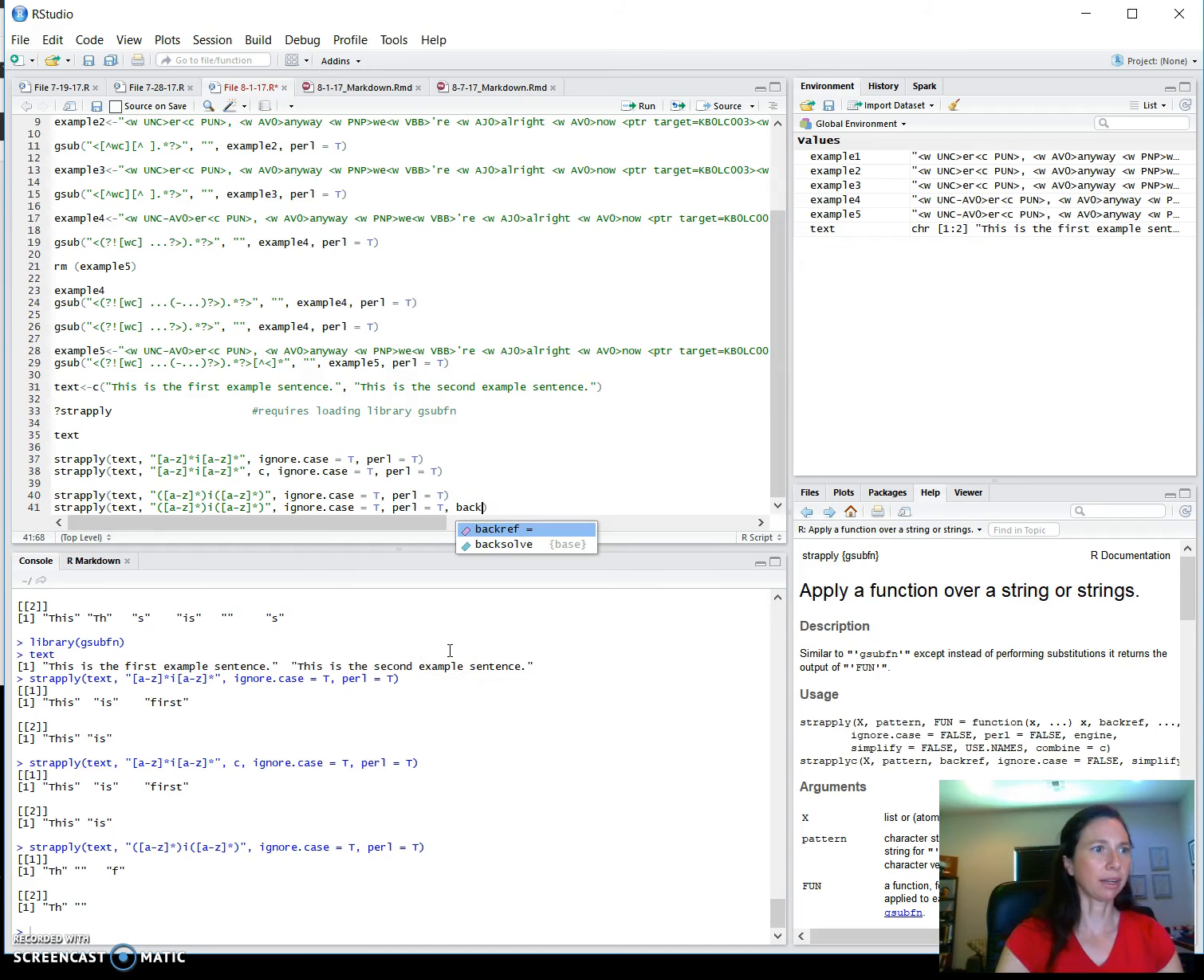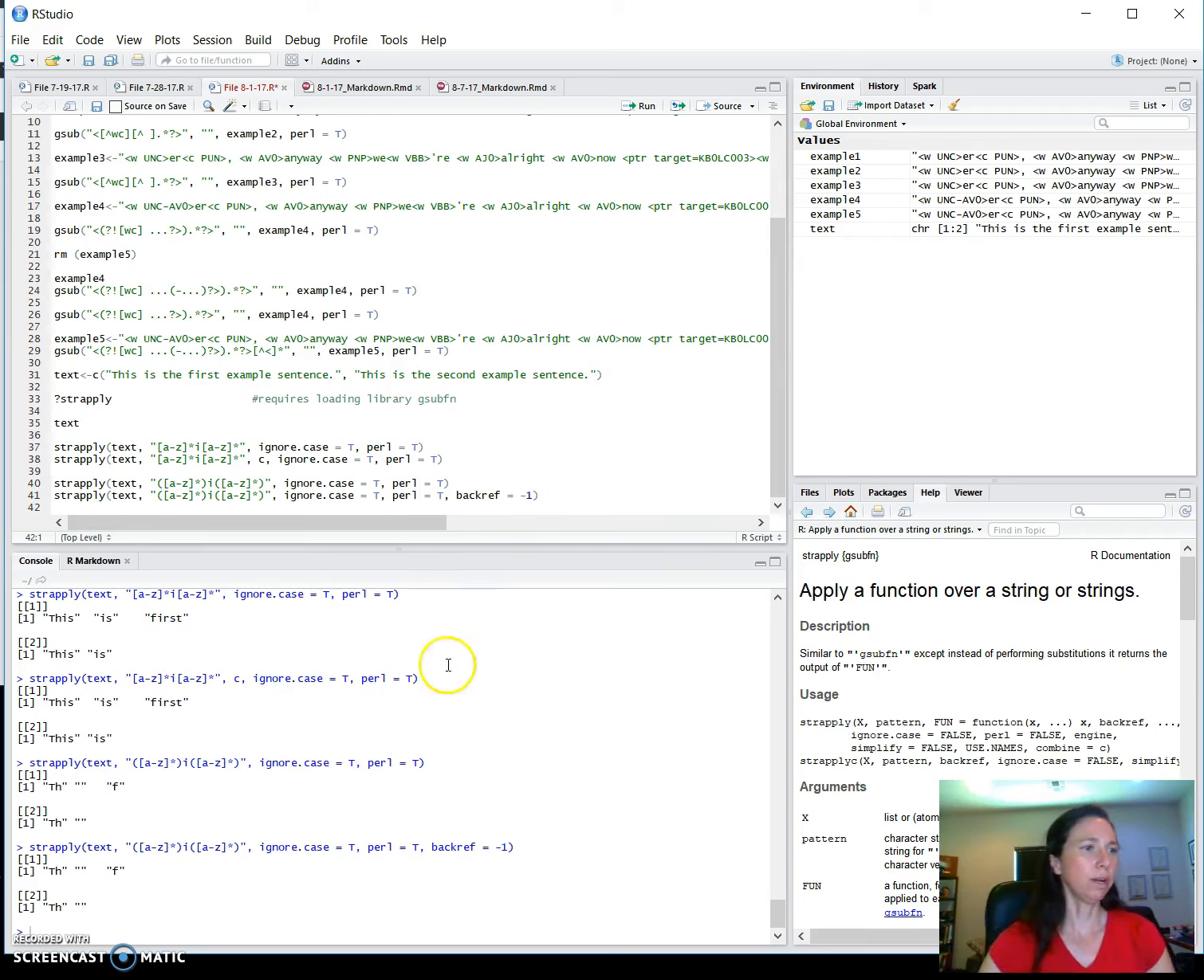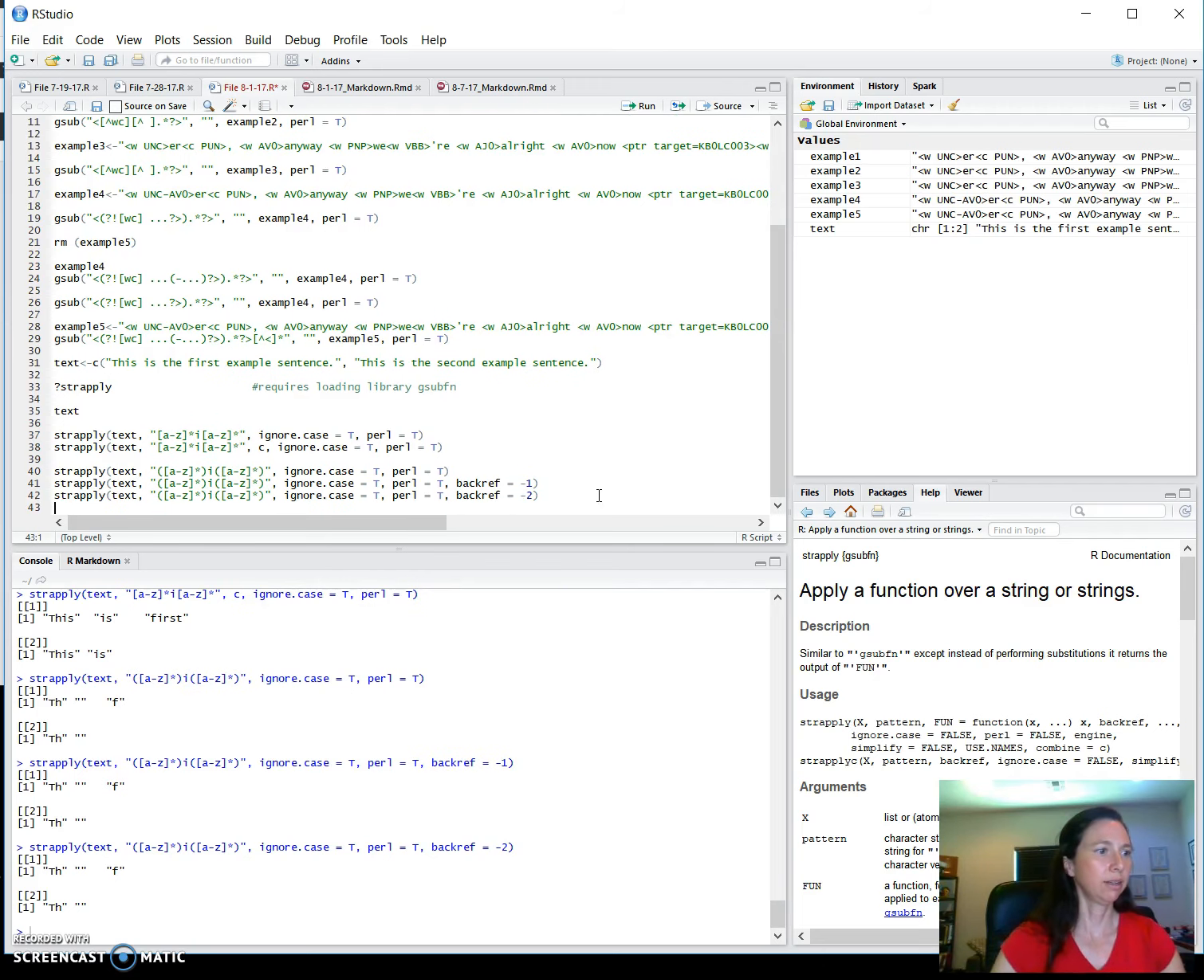So if we put in the backref parameter and do -1, again, I'm not sure why. Last time I did this, it found both of them, but that is what it's doing. The minus is saying that don't return the matches, and the 1 is saying just the first back reference. So if we want to have it find both the back references, oops, I cut it, then we would have to put in,